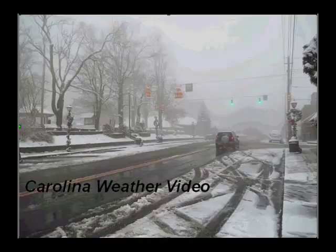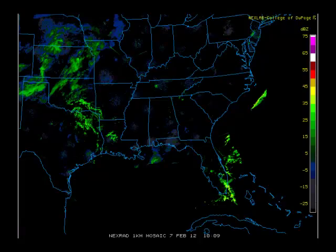But kind of a quick hitting pattern with several disturbances rolling our way over the next 5 to 7 days, the first one of which will be tomorrow. Let's get into the current edition of the video here and show you what's going on the radar imagery this